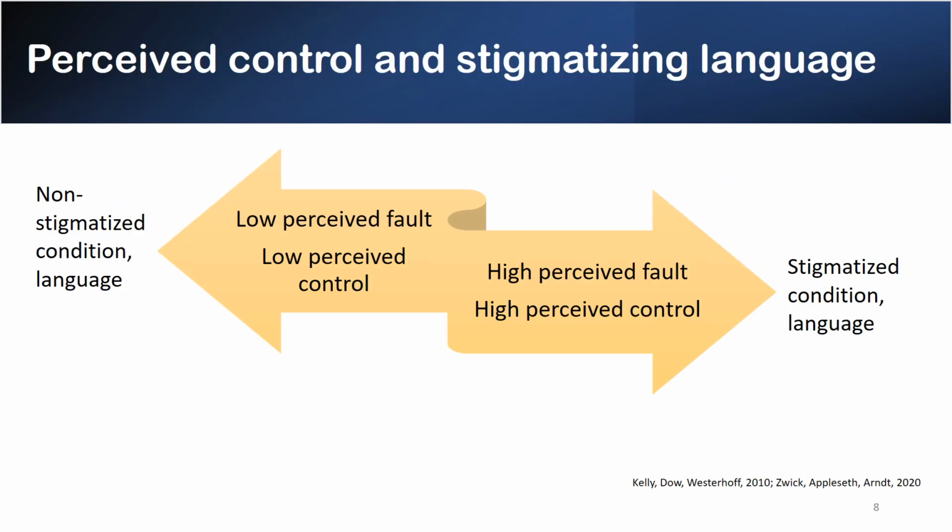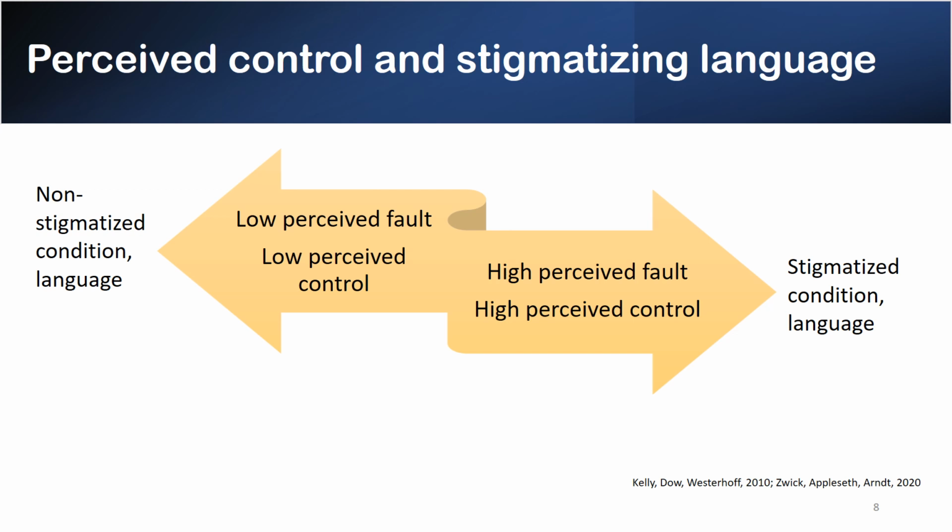Studies have shown that two main factors affect the burden of stigma placed on a particular disease or disorder: perceived control that a person has over the condition, and perceived fault in acquiring the condition. When we believe a person has acquired their illness through no fault of their own, and/or that they have little control over it, we typically attach no stigma to either the person or the illness.